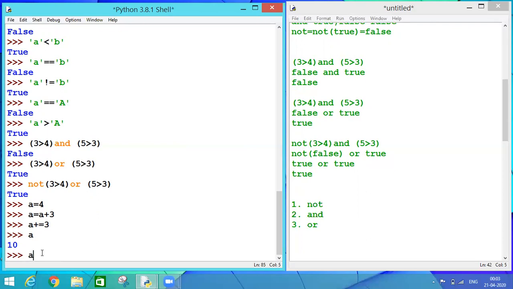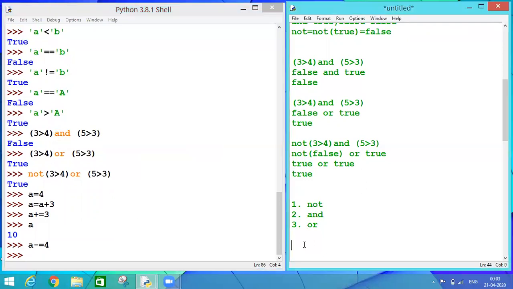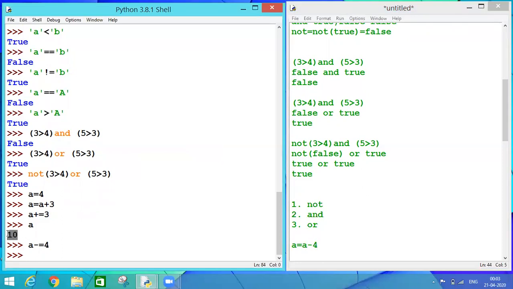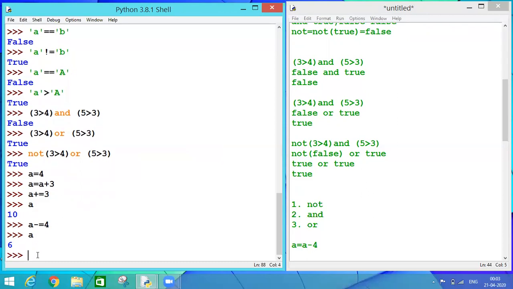Same here, I can write A minus equal to 4. What does it mean? Basically, it means A is equal to A minus 4. My A value is 10 right now, so I am subtracting 4 from A. My result should be 6. Let's check. I'm printing A. I'm getting the result as 6.